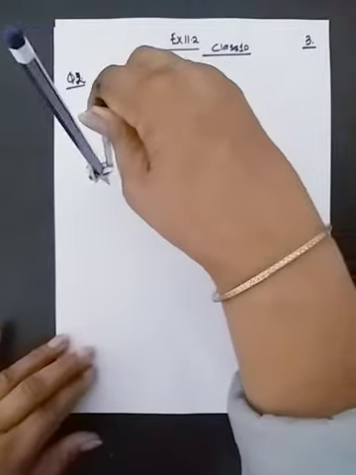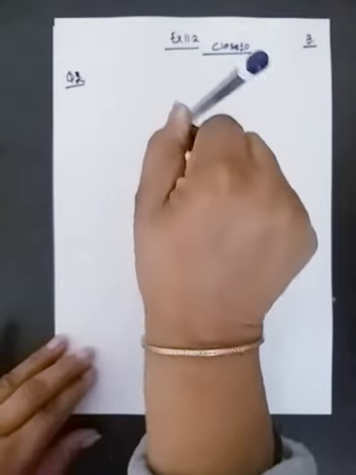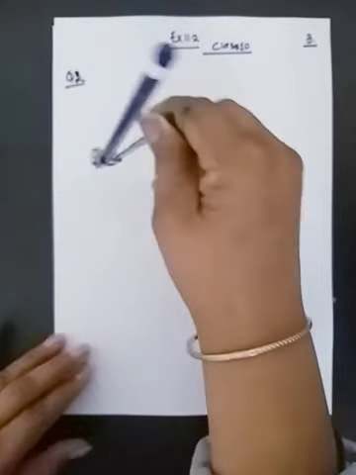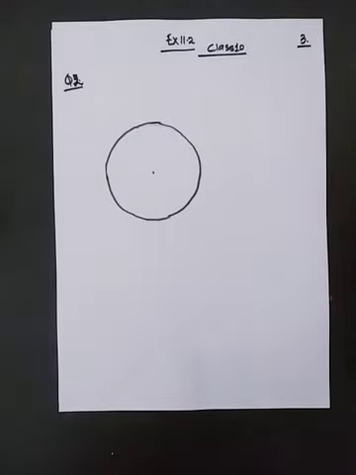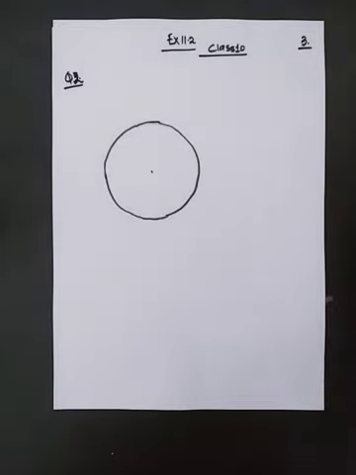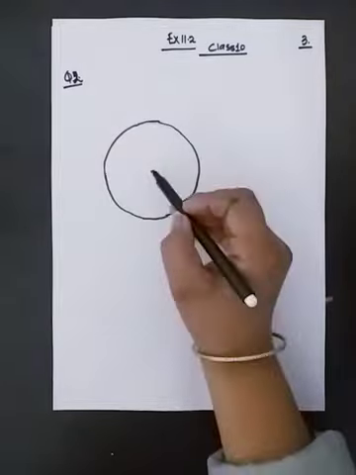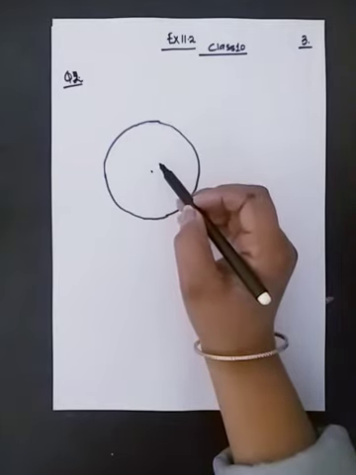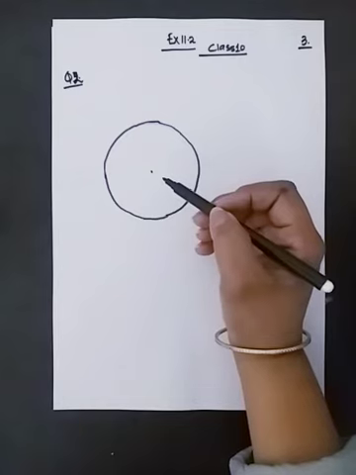So it means in this question, students, first of all we have to draw a circle of radius 4 cm. So we are going to draw a circle with radius 4 centimeter. So in the figure, this is a circle with radius 4 centimeter. Now again we have to draw one more circle with the same center. It means the center will be the same. Concentric circles means circles with the same center but different radii.